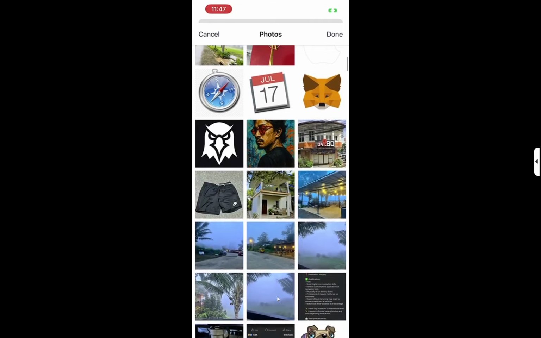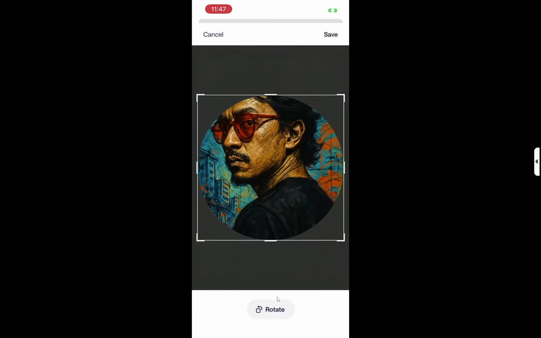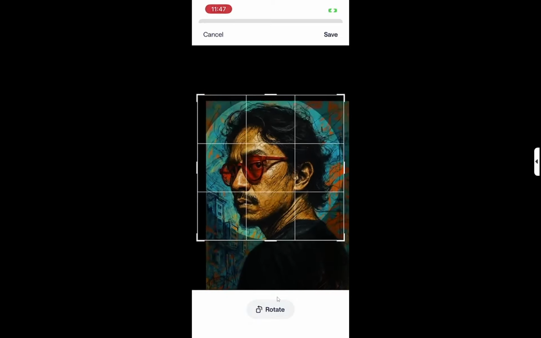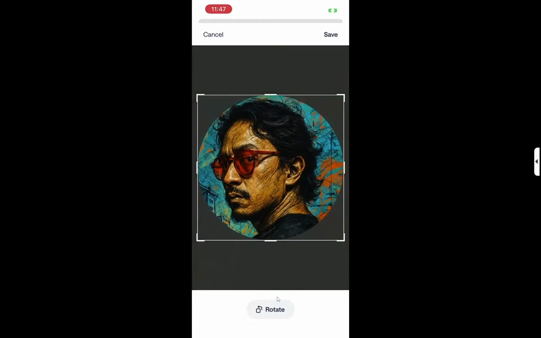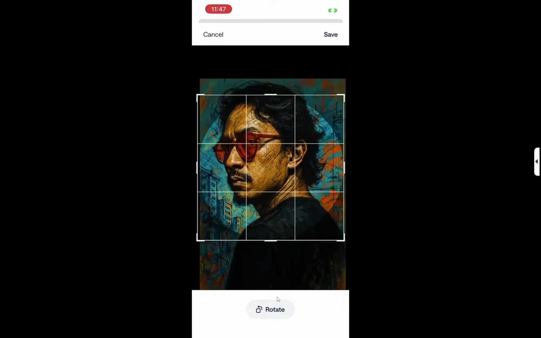After that, choose to take a photo or select a photo from your device. If you opt to take a new picture, your camera will open. Make sure the lighting is good and your background is clear for the best results. If you choose to select a photo, you will be directed to your gallery. Here you can browse through your images and pick one that you feel represents you well. This step allows you to showcase your personality and connect better with your neighbors.